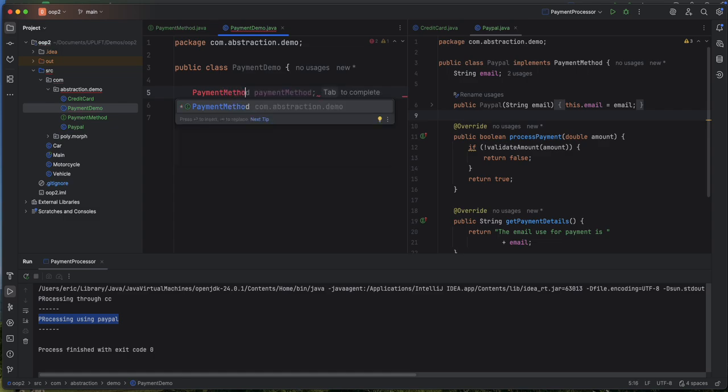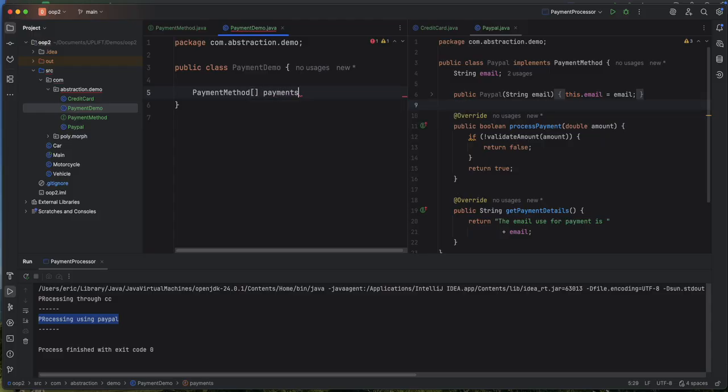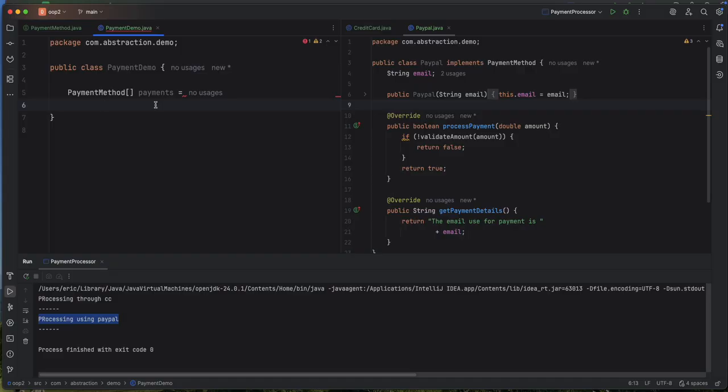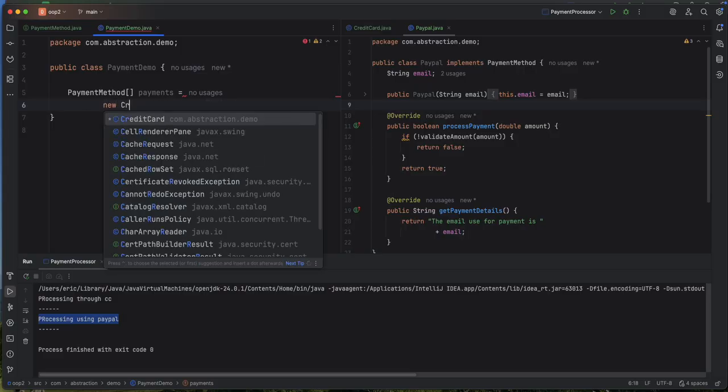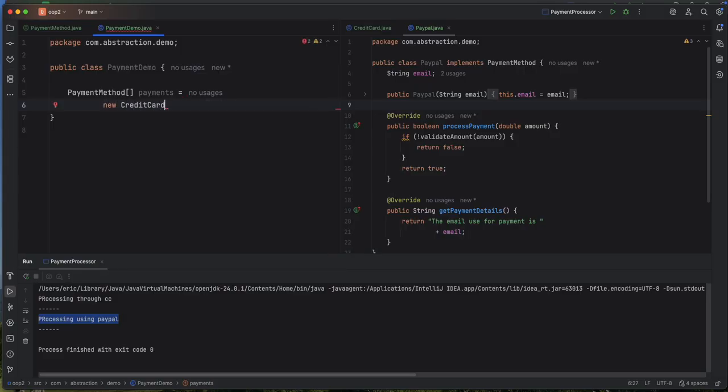PaymentMethod payments. And you can simply create here a new CreditCard that requires us to input the card number, then a new, okay, sorry, you have to put it inside a curly brace,